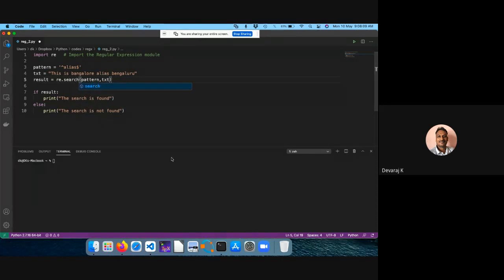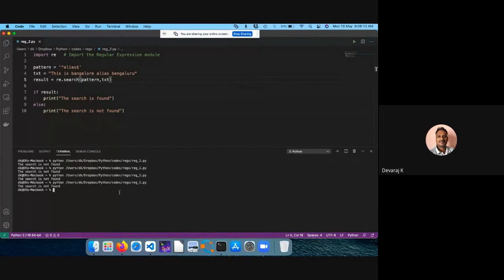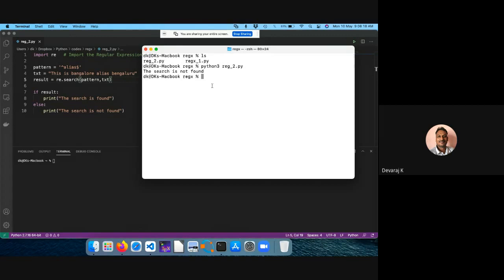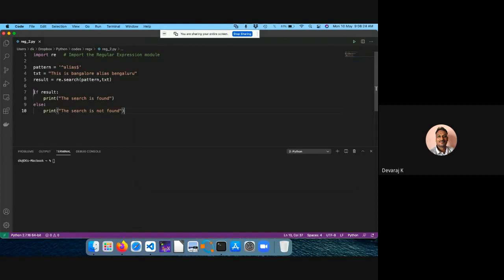Okay, search is not found. This error actually because I do have that particular thing ALIAS, and that particular pattern is found here in the text.